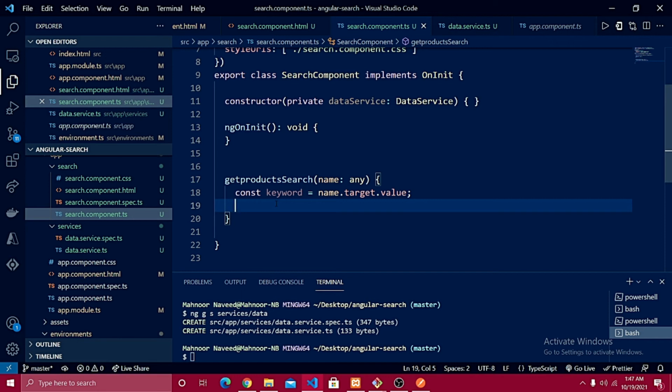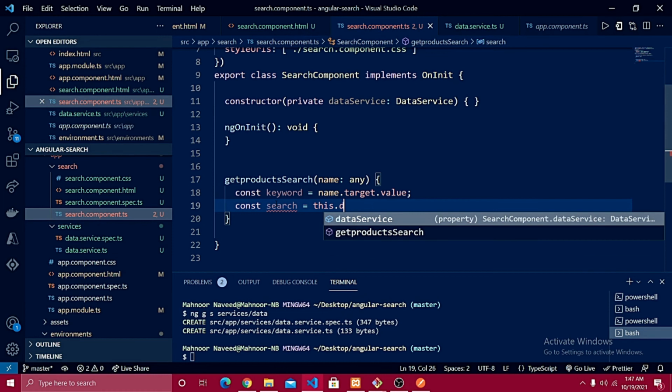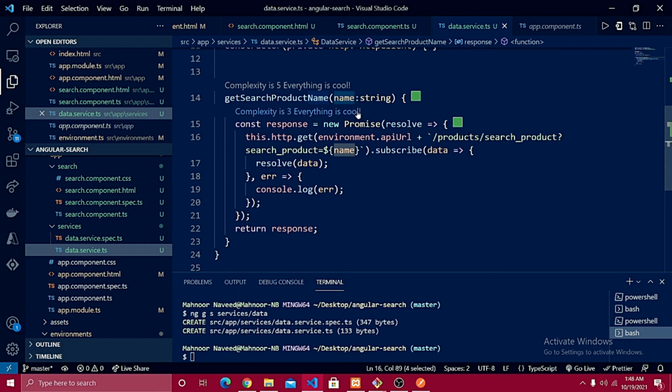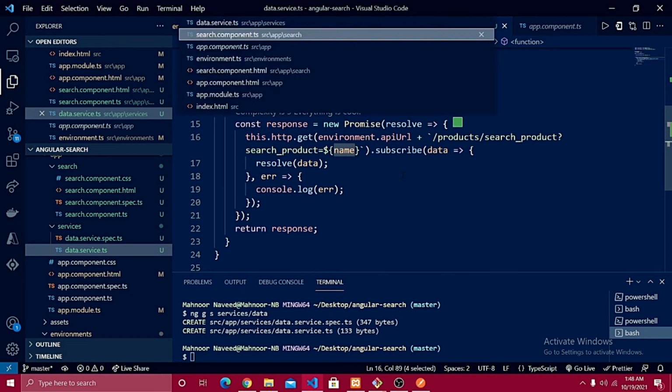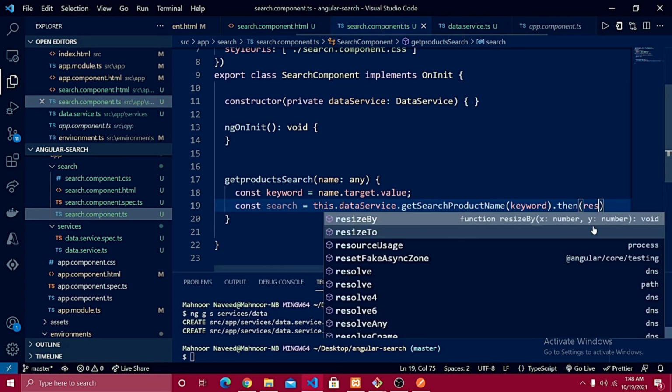So how I'm going to do this is, simply use const search equal to this.dataService. Now this is passed across the component with the help of service, and let's define here the method. So it should be getSearchProductName and the keyword that is passed. So whatever I type, this keyword is passed right inside the name, and we can search that. Now I need to use the response, so .then, let's pass here the response,